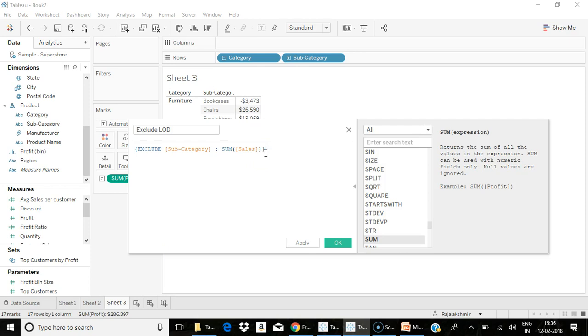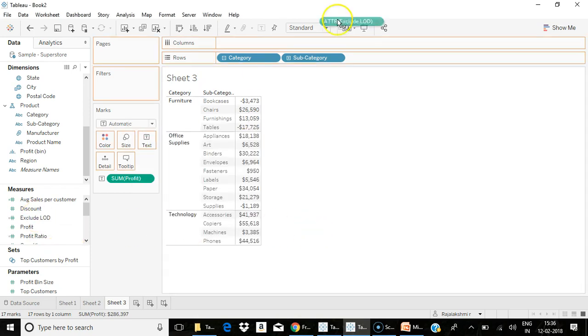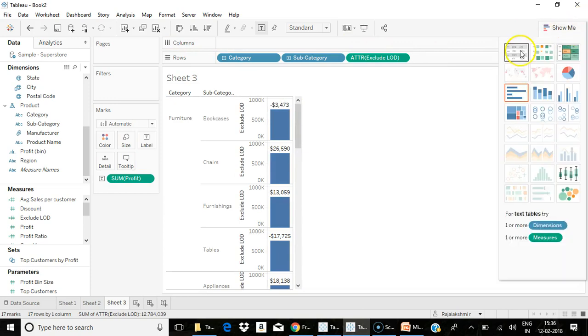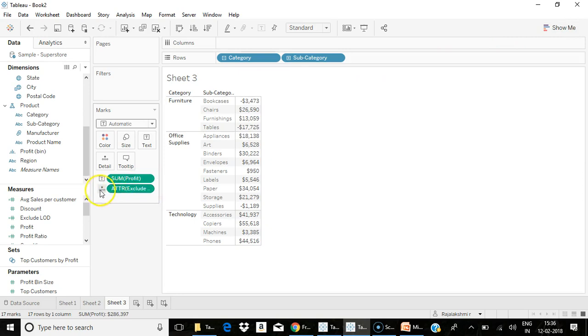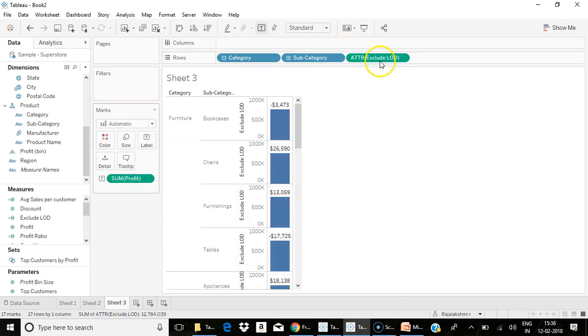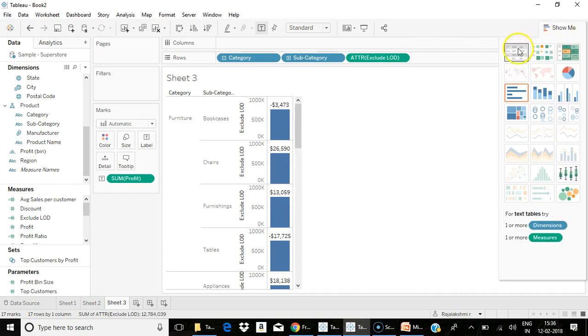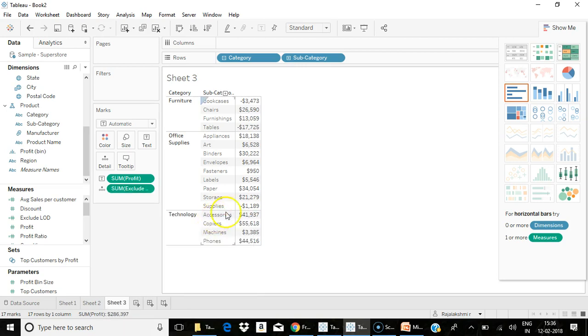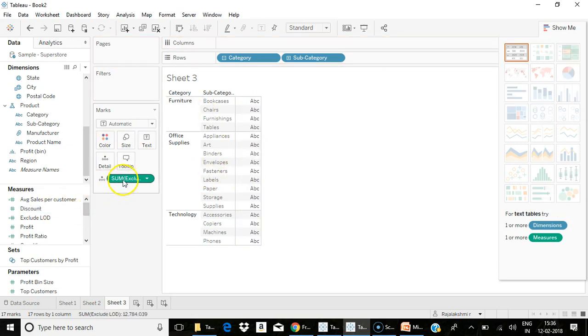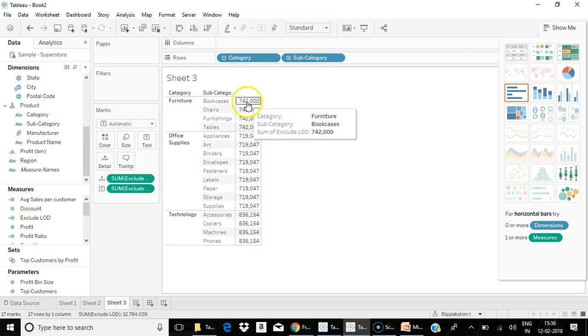This will exclude the sales value for subcategory to be present on the view. This just computes a value only for category, but subcategory is also present on my view.